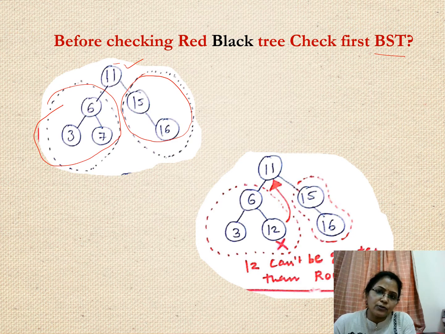It might be the AVL tree or the red black tree. Okay. Now we can have this kind of thing. Suppose I have this example on the right hand side. Here you can verify node 12, and you can verify that it is greater than your root node. Your 11 is the root node. So now 12 is greater than that, and it is there in the left subtree. So this way I can't say that this is a red black tree, or even an AVL tree, or anything other than that. So first you have to check whether your tree is a BST or not.